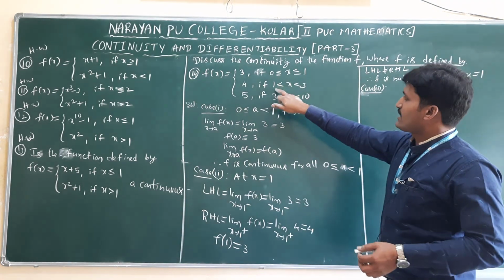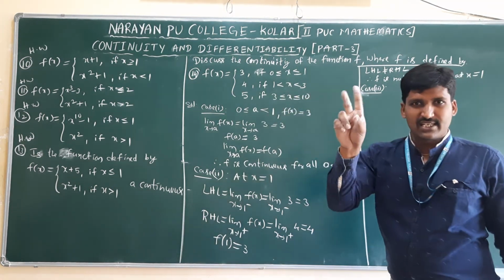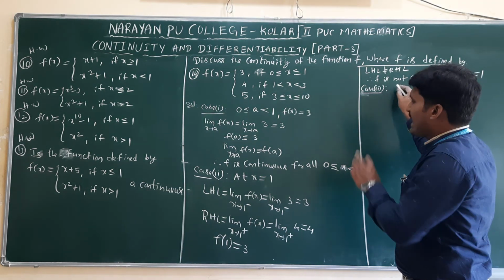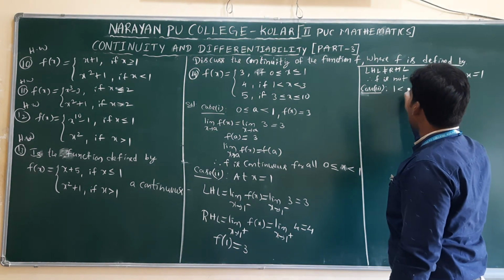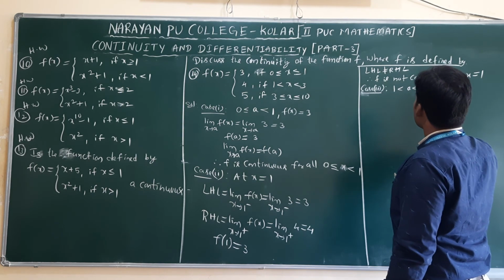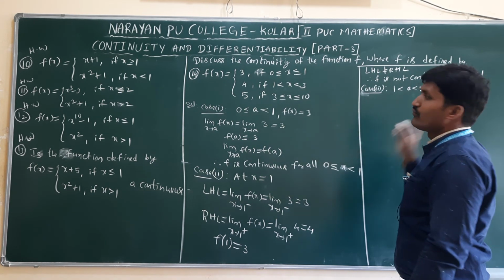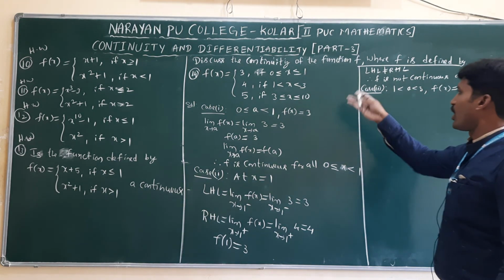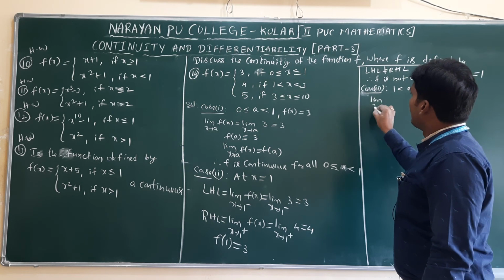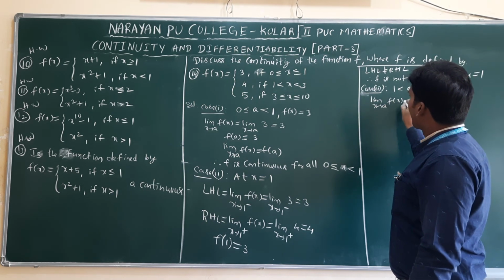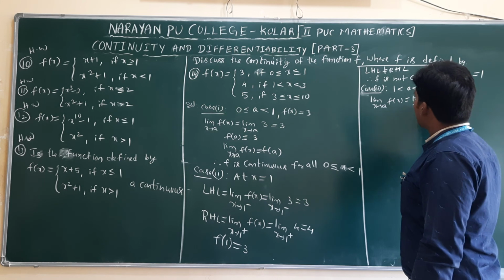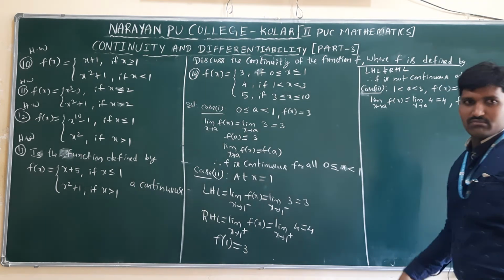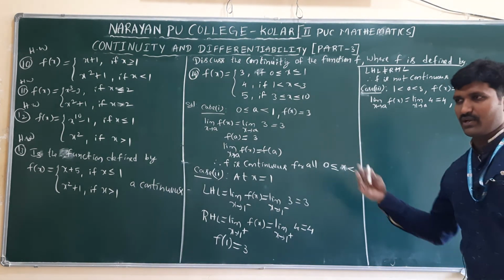You see, in this 1 less than x less than 3, for all values a single function is different. That's why we are using the third case, a lying between 1 and 3. 1 less than a less than 3, here the single function, that is f of x is equal to 4. Again, no need to take x greater than 1, x less than 3 separately, okay? Commonly it is there. So here, limit x tends to a, f of x equals, what is f of x? 4. F of a value also 4. Because it's a constant, we can't replace the x value in that function.